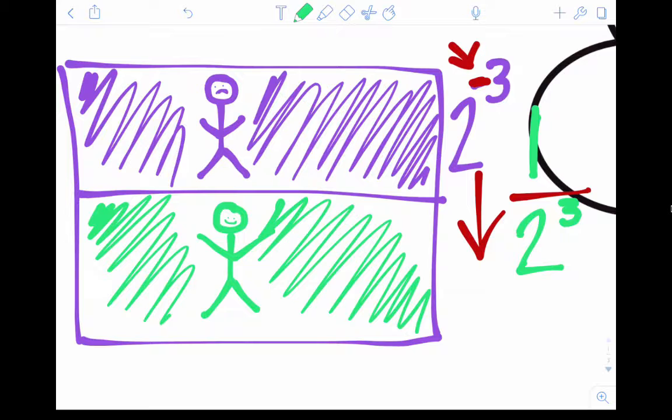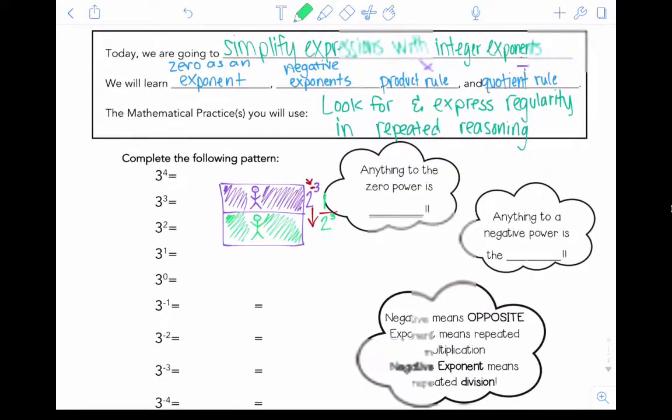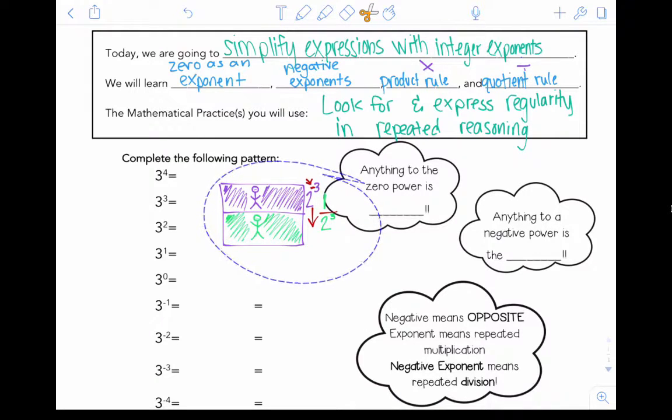So that's what we're going to use as we go through. That's actually one of the rules that we're going to learn. So I'm just going to take this little drawing and throw it over here to the side. All right. So for this pattern,